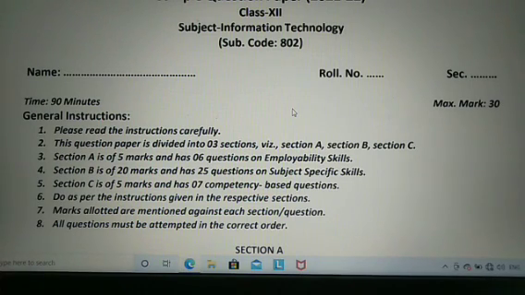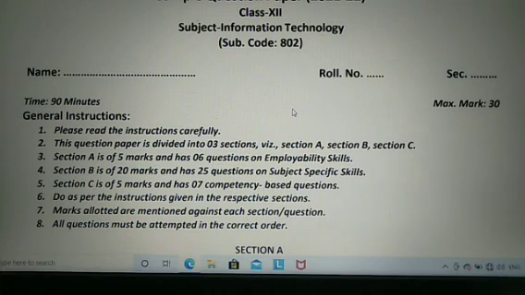Section A contains 5 marks, and in section B you will get 25 questions, and out of those 25 questions you have to attempt 20 questions, and it will comprise 20 marks.